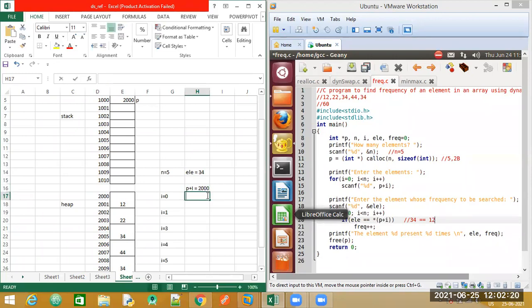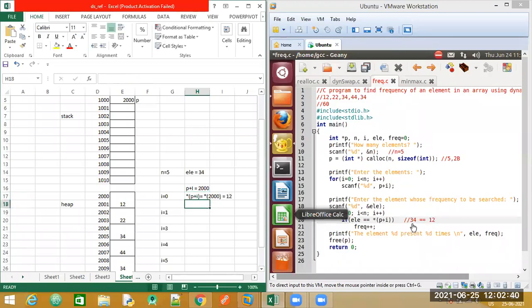When I say star of P plus I, it indicates that I want the content at the address 2000. So what is the value that we have stored at the address 2000? It is 12. Correct.